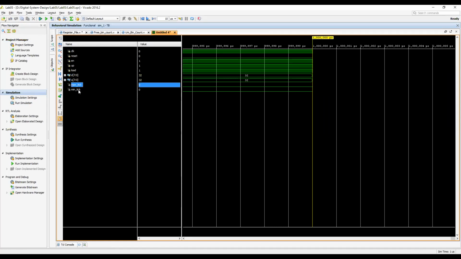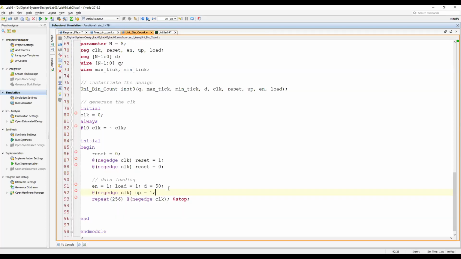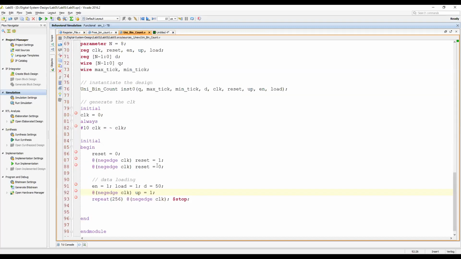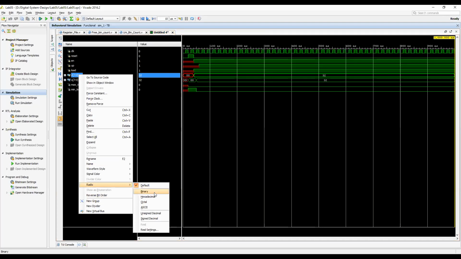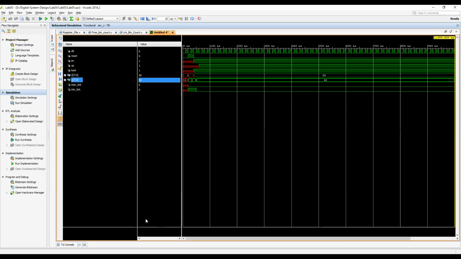Okay, so max tick, min tick, D, Q, load. Maybe we are missing something here. Maybe it is an issue.